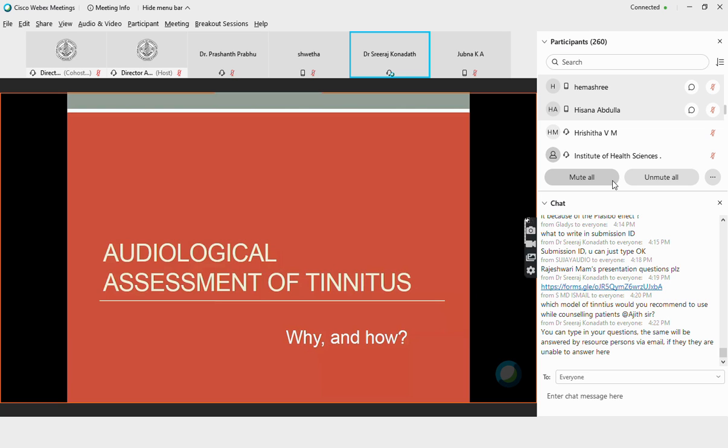So we know that tinnitus is something which is in the brain. It is not somewhere in the ear, it is not somewhere in any other part of the body. We can say that tinnitus is something that happens within the brain. That will be a more appropriate way of representing tinnitus, or you can say tinnitus is in one individual's head, not the ear.